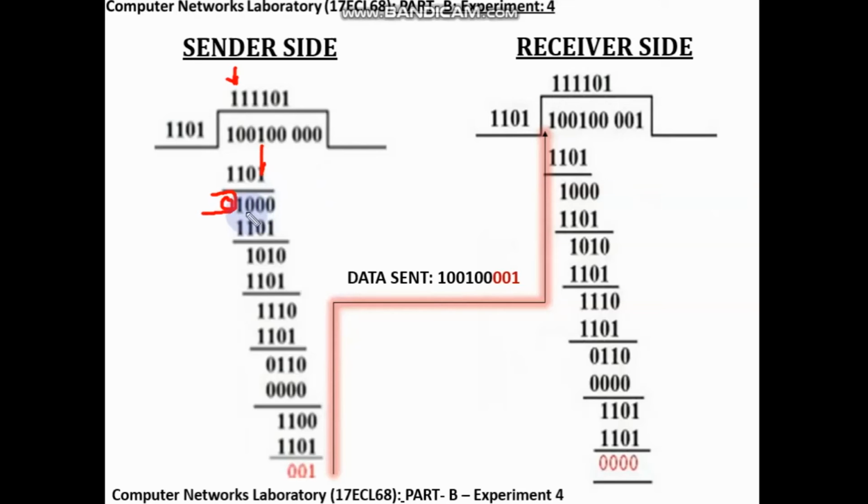You will get n minus 1 bits, that is 100, and this 0 is pulled down from the dividend like this,